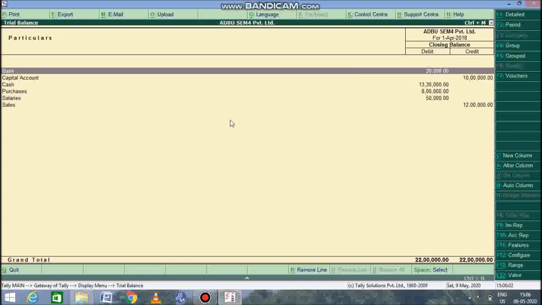One more thing I want to ask you all: I believe most of you have this particular software. If you do not have it, you can inform me, and I shall provide you this software in your common mail or in the Google Classroom itself. So kindly let me know whether you have this software or not. Once again, if possible, go through it once again and try to understand the things. In the next session, we'll move forward with the purchases and